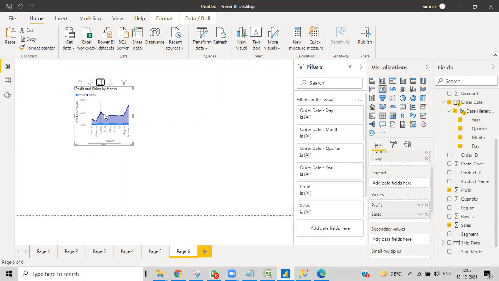So this is called a drill down or whatever it may be. Right now at this instance, we don't bother about that because we'll get disturbed. So 2018 to 2021, if you want to show it in an area map, the sales and profit obviously will show in this manner.